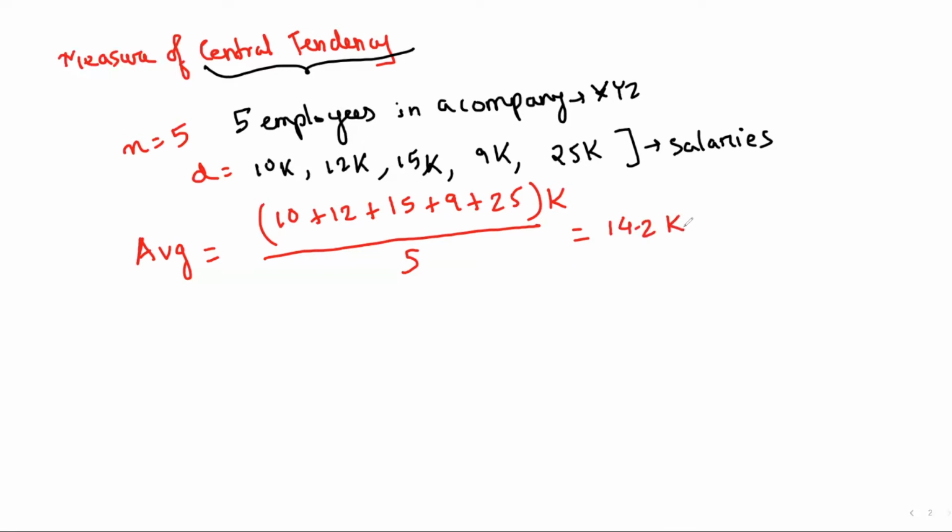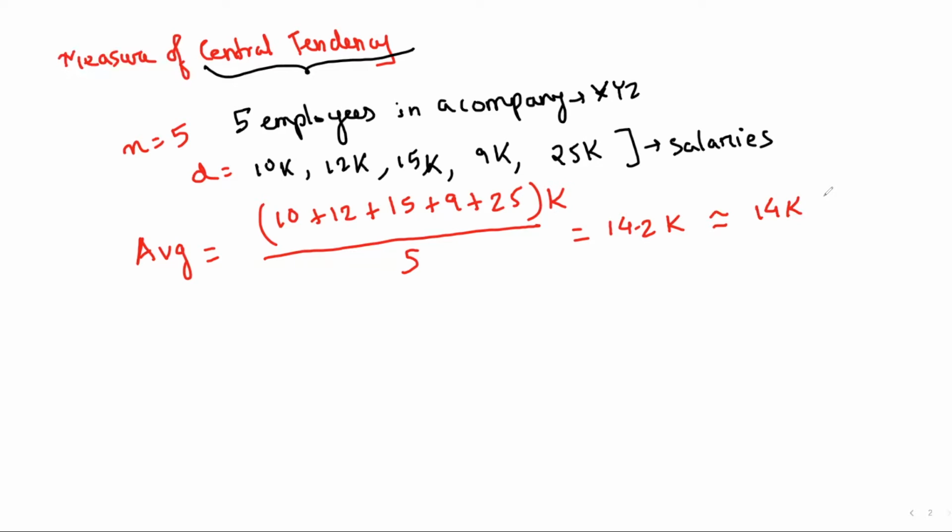Okay. So it will be 14.2K, right? So this is pretty much okay. So that means that the average salary that is earned by each employee in the company is roughly around 14K. So whoever has asked, you will say, okay, 14K is the average salary in that particular company,